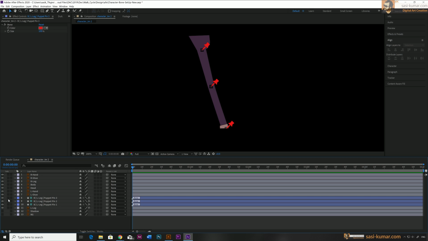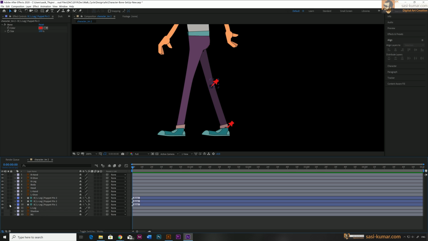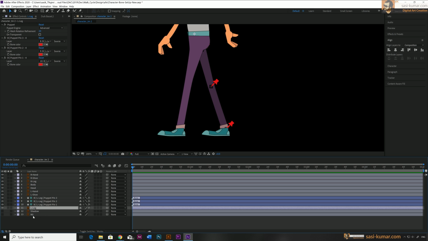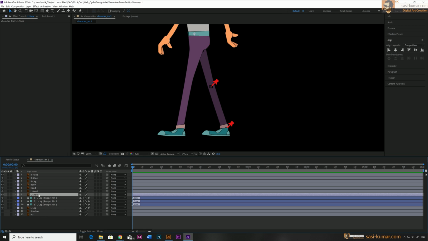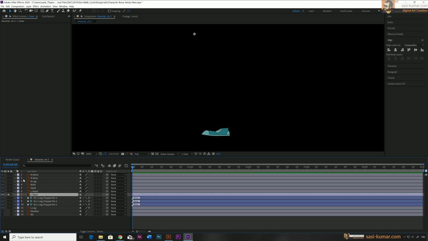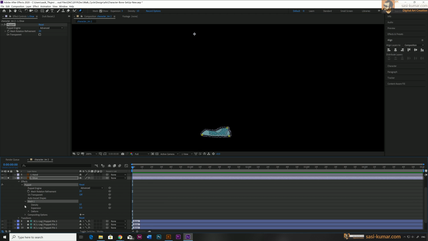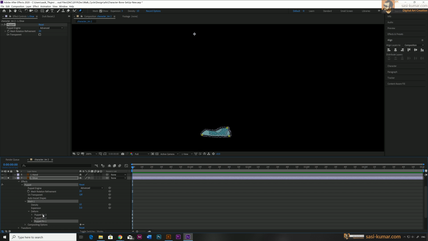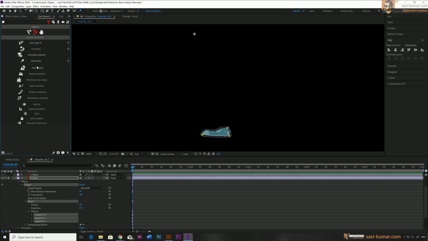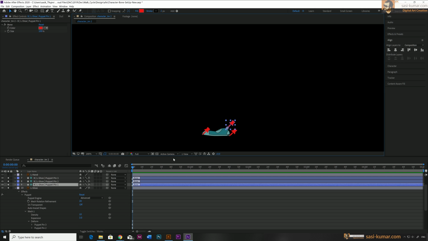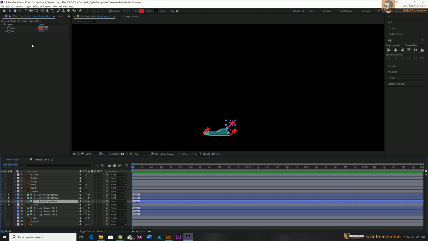Okay, so let's move on to the next shoe. I will hide these 3 bone layers for now, and let's open the left shoe, and solo it out. And again we are going to do the same. Go to puppet. Okay, start from here. 1, 2 and 3 will be in here. Alright, again we will go into the mesh and open the deform, select all 3 puppets and go to Duke and create bones, which will create 3 bone layers in the timeline.